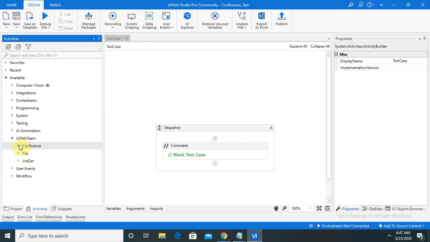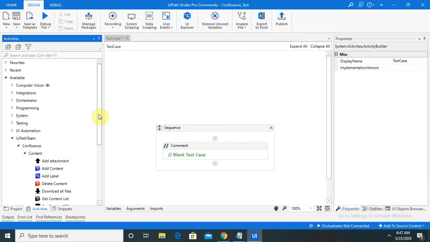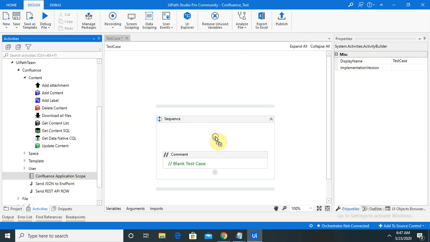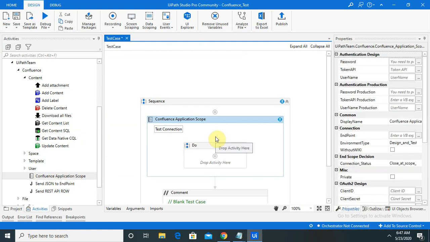So we will need a Confluence application scope. Inside that Confluence application scope, the rest of the activities work. Whenever it is required to perform these actions, we always need this application scope and the integration or configuration of ID and tokens.